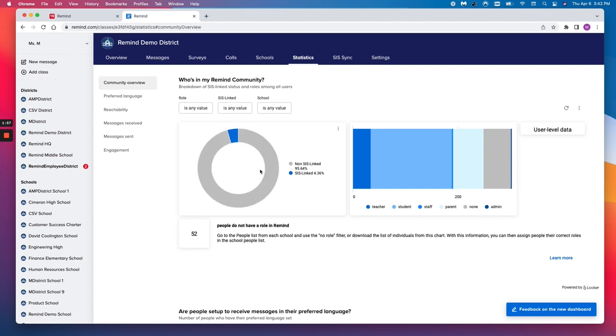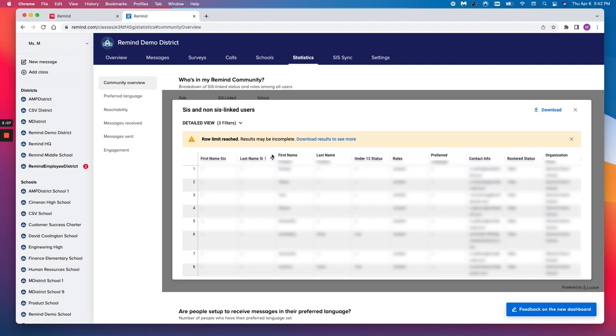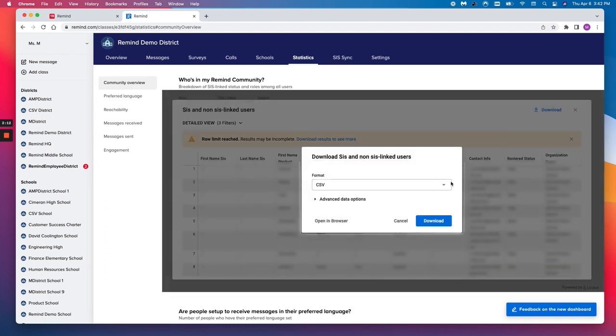The chart on the left tracks who is syslinked or not. Click on the blue or the gray area to get more details. If I click on the gray, for example, it takes me to a list of who is not syslinked. I can download this chart as a CSV file if I want,